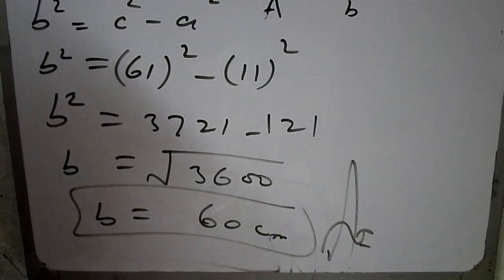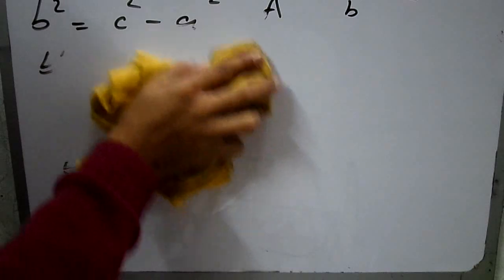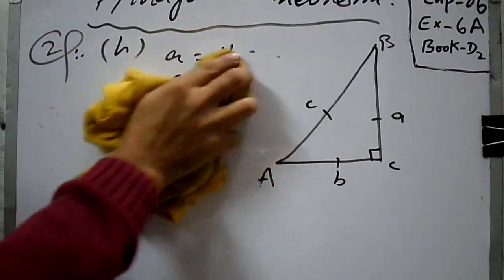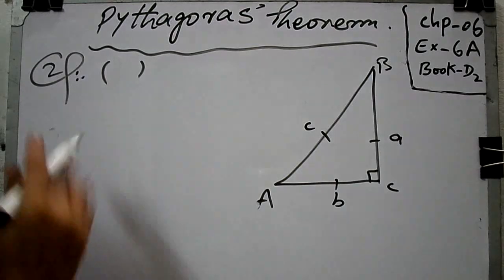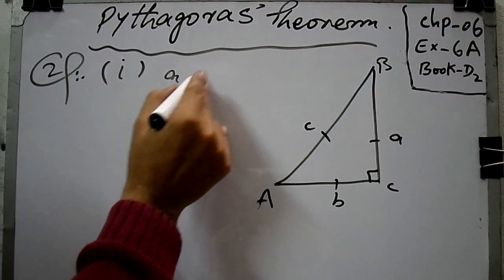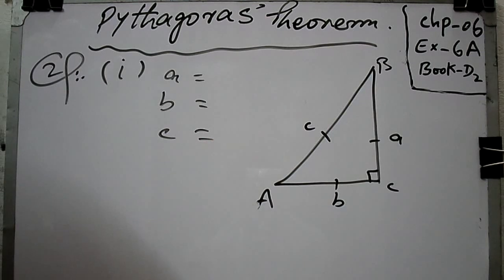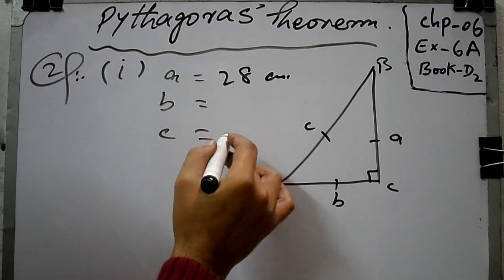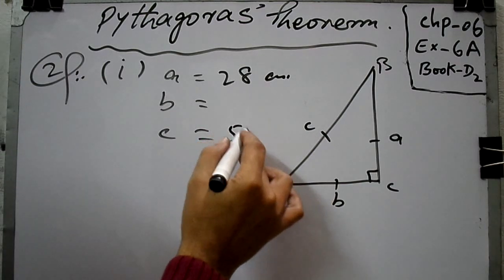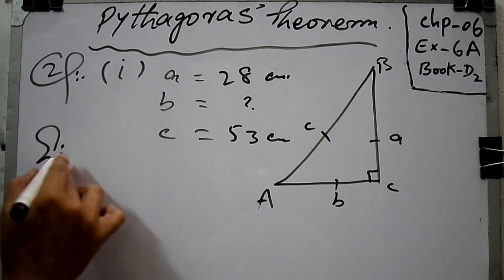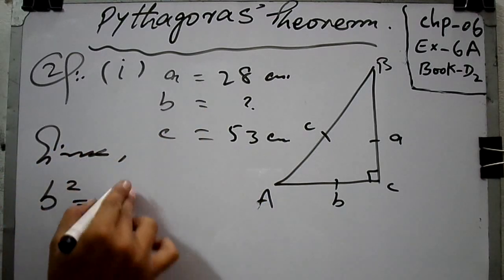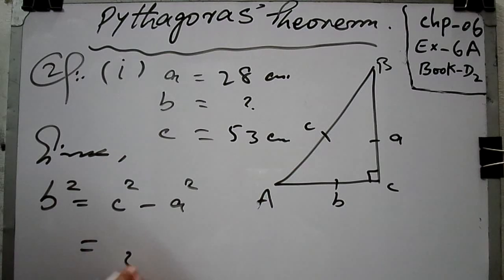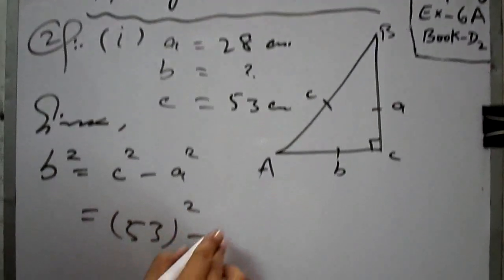Coming to the I part, A, B, C. So in I part you can see that A is equal to 28 centimeters and C is equal to 53 centimeters. We have to find B. Since by Pythagoras theorem, B square is equal to C square minus A square, putting the values 53 square, and 28 square,